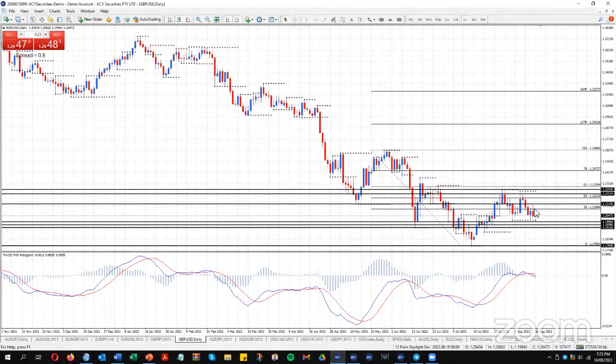The thing with this pair, I haven't put in my daily levels of support, but just below here, there are monthly levels of support if you go to your monthly chart at 1986, 1958. Then we've got weekly support here at 1933. Now,